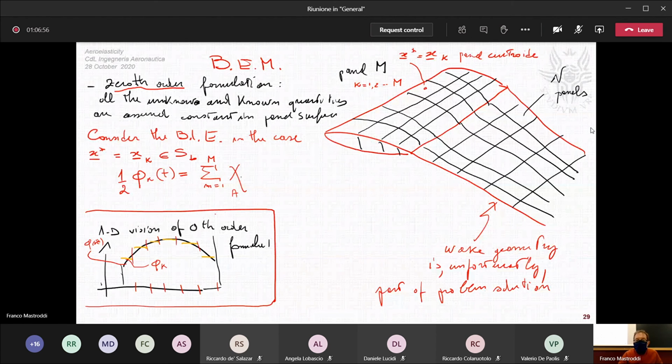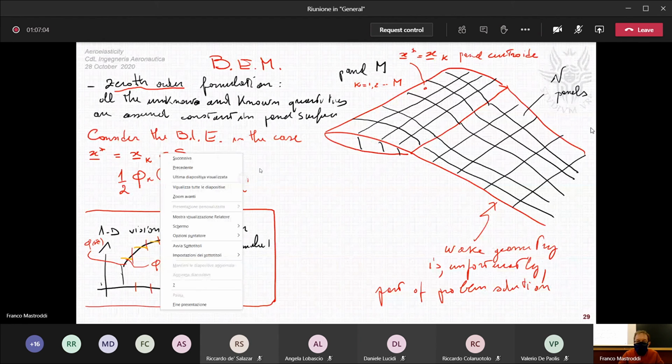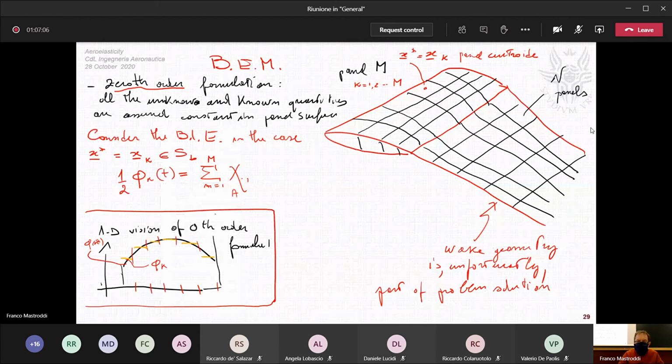Key like Christos, key. Key in the centroid M is a function, of course, of time